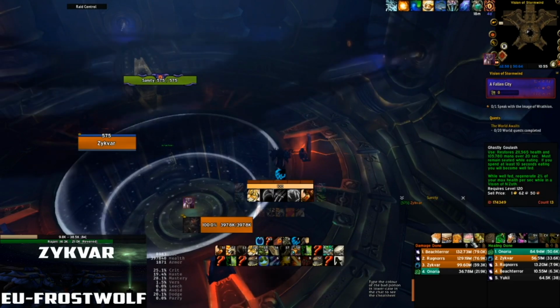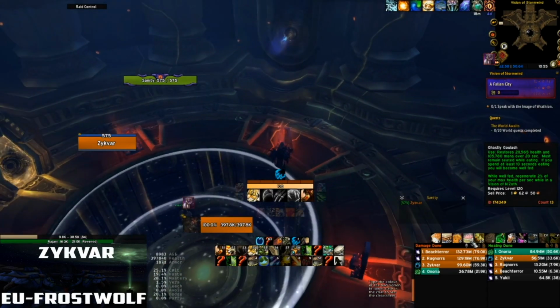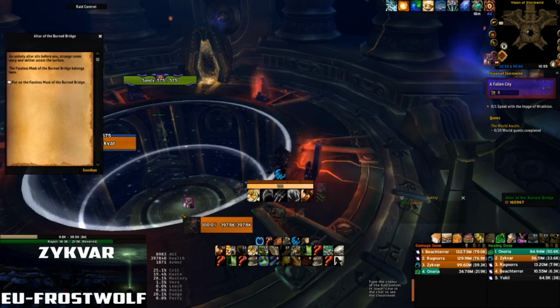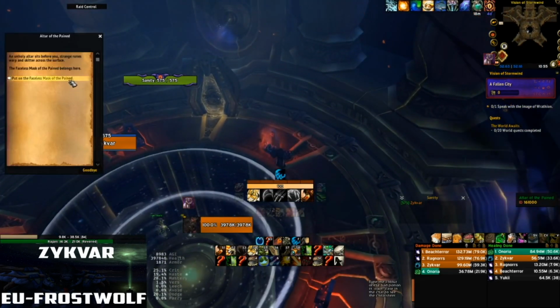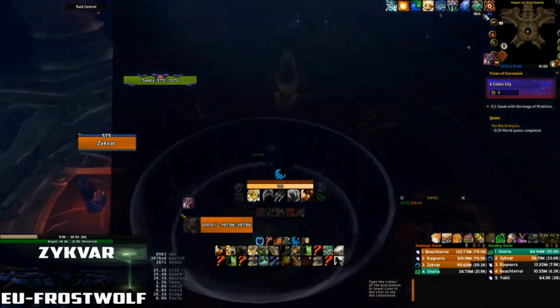So one thing I'll of course use in this run is the goulash. I use it in all of my vision runs and it just makes it so much easier since you get a passive heal that can help you on the hard packs. Of course I have to equip all the masks,